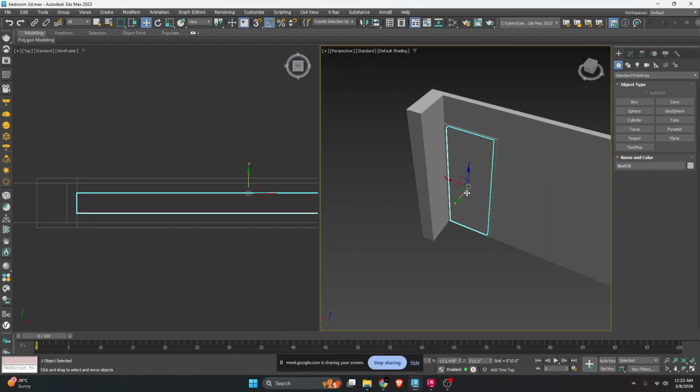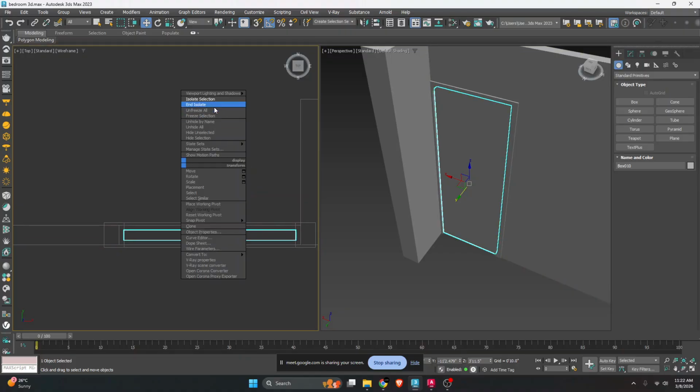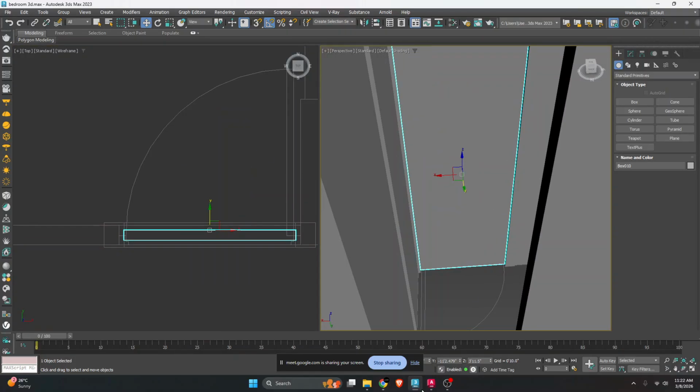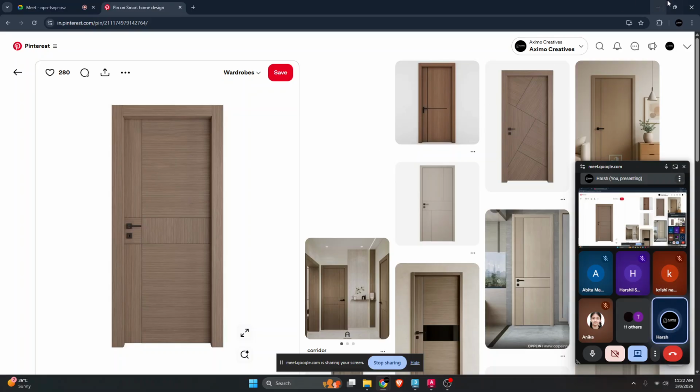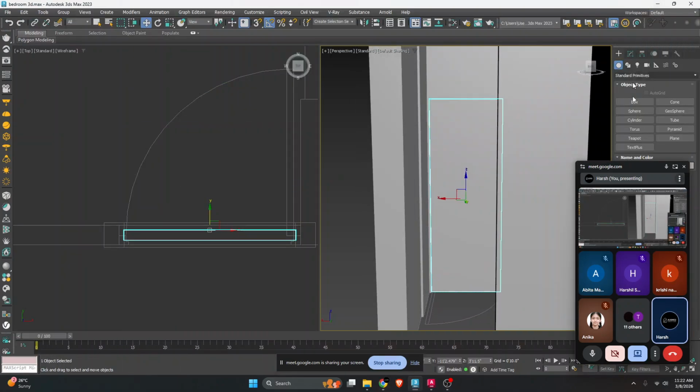So we'll create a simple door with grooves. There is one groove and two grooves. So we'll create a